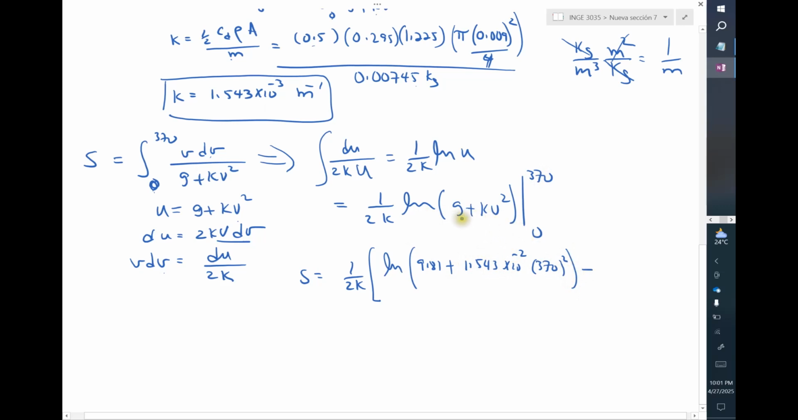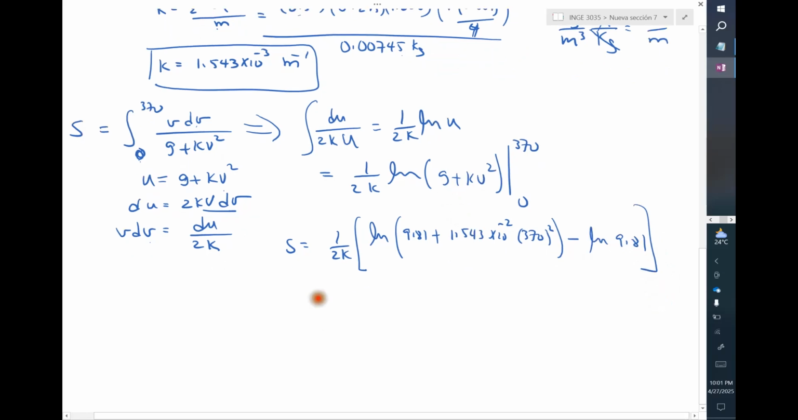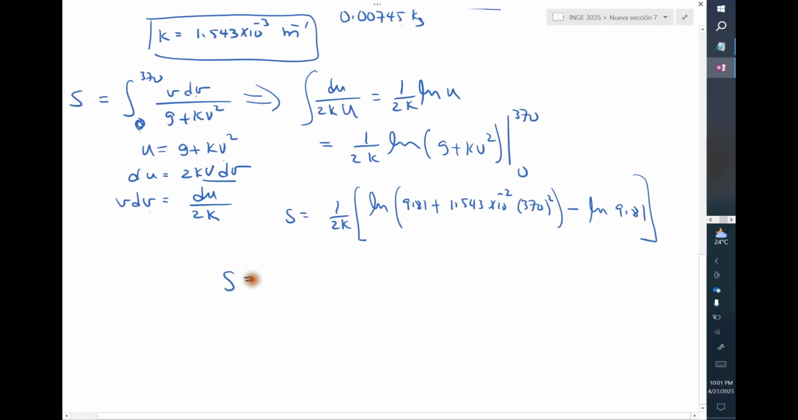So that ends up being log of g, that's going to be minus log of 9.81, close that bracket. So the final s equals 1 over 1.543 times 10 to the minus 3, and here's the 2 as well. I don't miss the 2. And the 2, these 2 times, if I simplify this with some of the logarithm rules that we have,